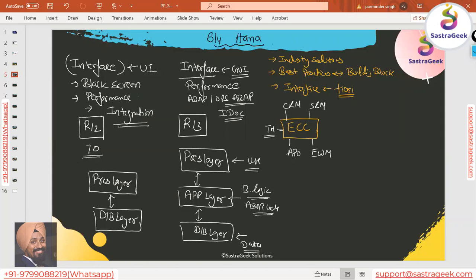Still, this was on the 3-tier architecture. So here, one thing is that SAP was working in R2, R3, and ECC. They worked on their coding part, on the application.